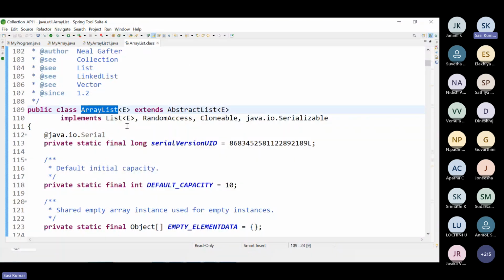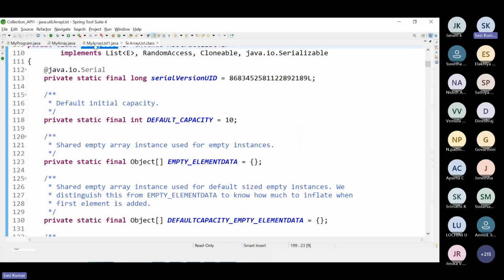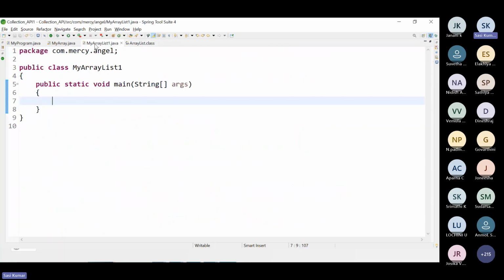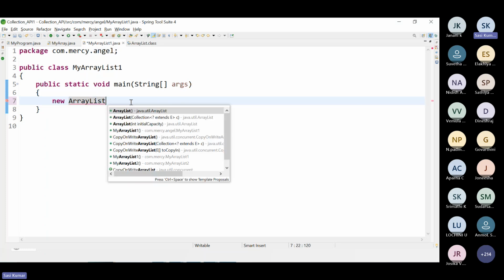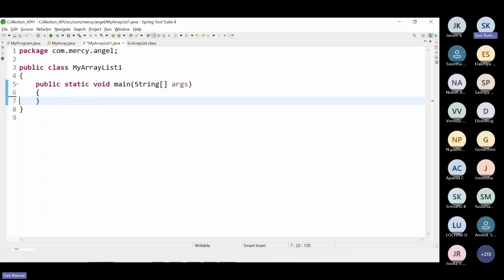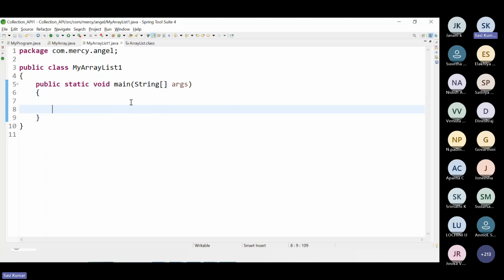So how can we create an ArrayList? Simple: we can use the new keyword, new ArrayList. How can we create an object? Before going to this, how do we usually create a typical Java object? We go with new and the class name.